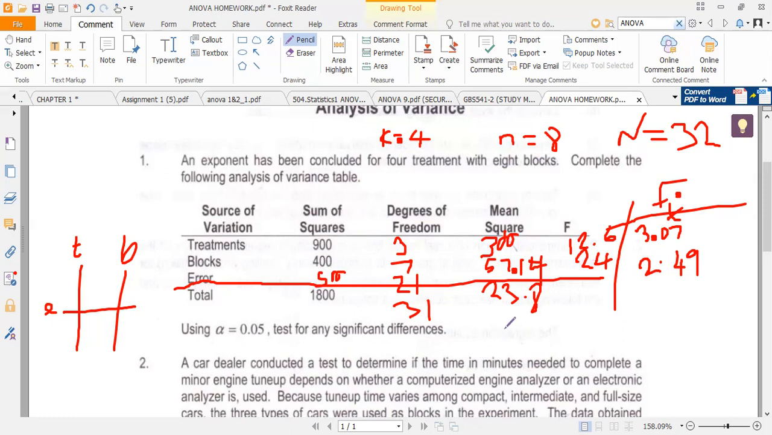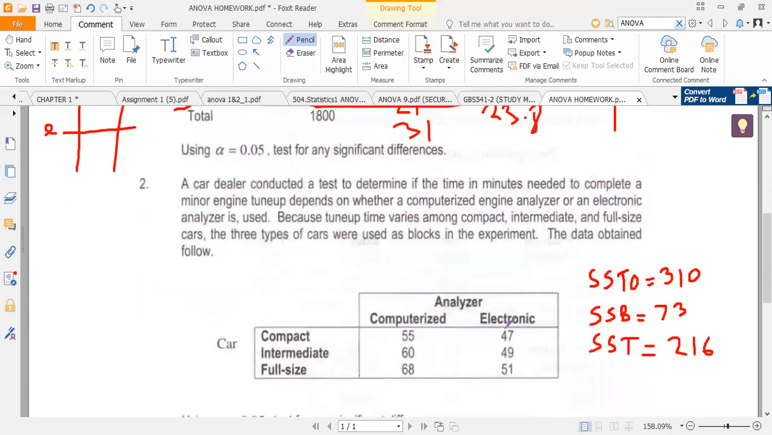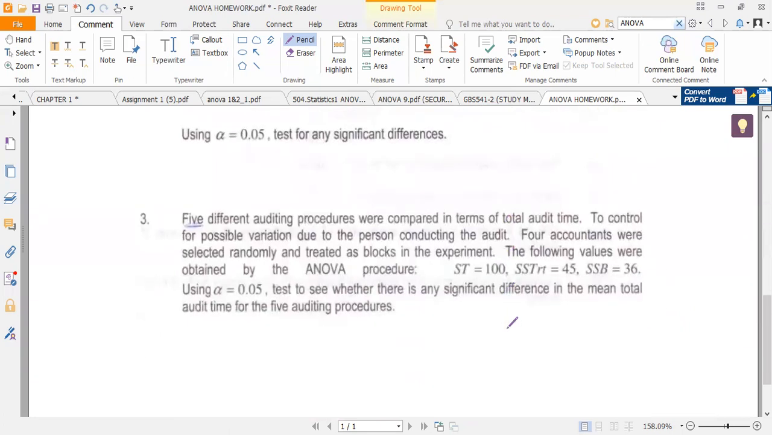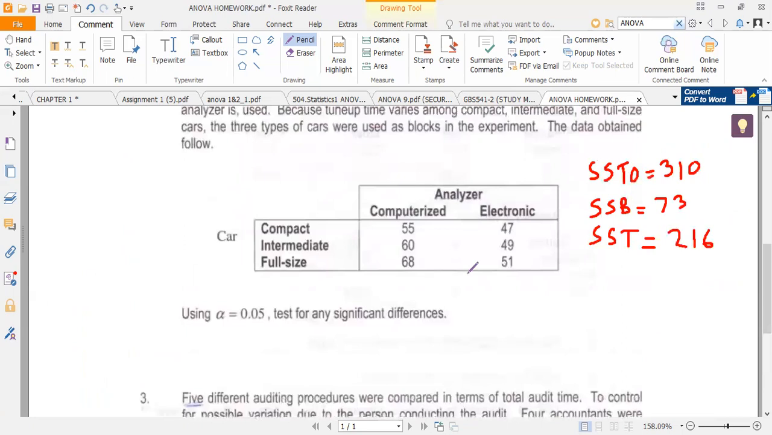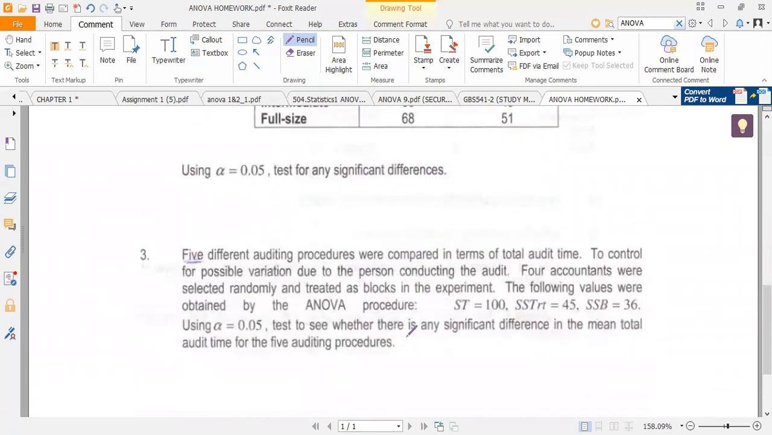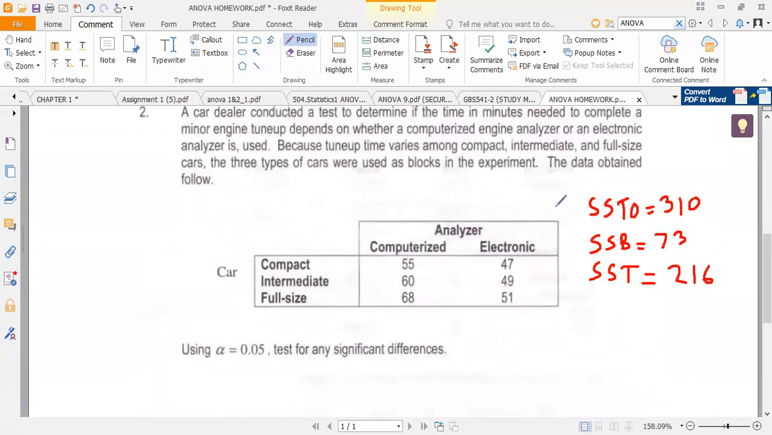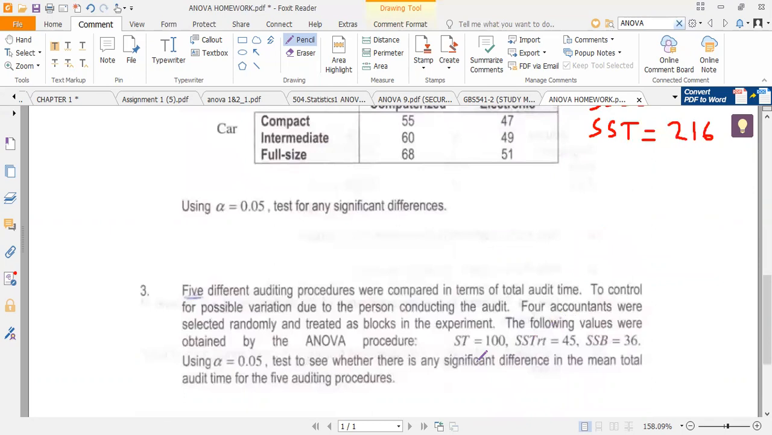So basically this class is just to teach you how to build up the tables. So I'll need you to try to come up with an ANOVA table for question 3 and for question 2. One for question 3 and one for question 2. You have been given the figures already there, the sum of square, total, block, and the treatment. So unless there are any questions at this point,